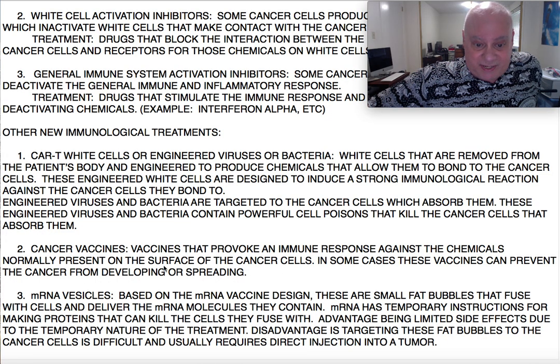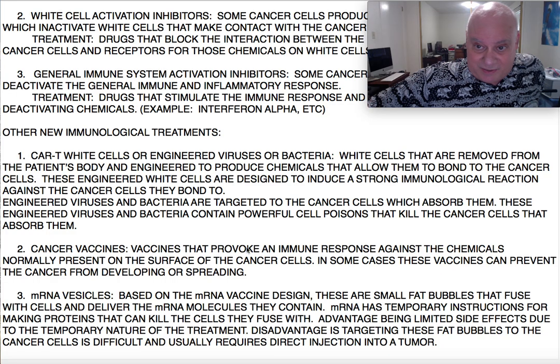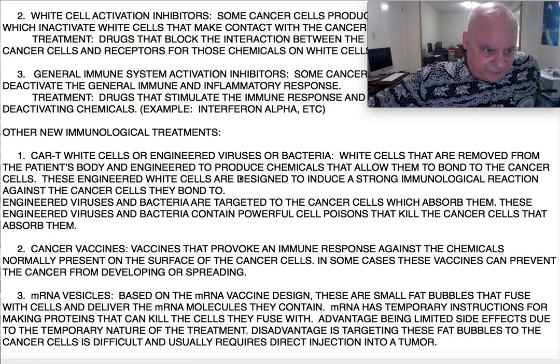They have actually made a vaccine against the cancer called melanoma, which is a type of skin cancer. And it seems to work reasonably well. It's not perfect, but it definitely can reduce the development of melanoma in people you'd expect to get melanoma. And then most of the activity these days in novel treatments are in these engineered white cells and engineered viruses